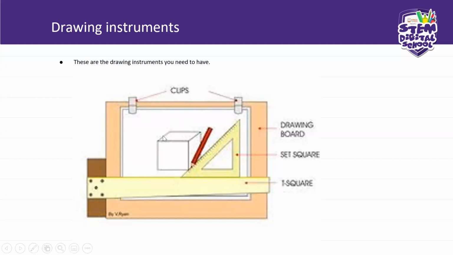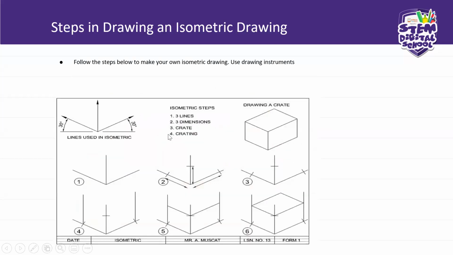Now, we will look at the isometric drawing, steps in constructing an isometric drawing. Okay, what is it that you are drawing today? We are drawing this crate. I hope that you will practice these skills